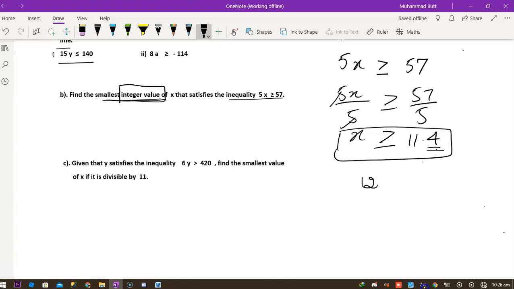As x is greater than or equals to 11.4, we will find out the integer which is greater than 11.4. It is 12, it could be 13, it could be 14, and so on. But the smallest of all of them is 12. This is the integer that is greater than 11.4 and it is the smallest of all the other integers. So it means that 12 is the integer that satisfies the inequality 5x is greater than